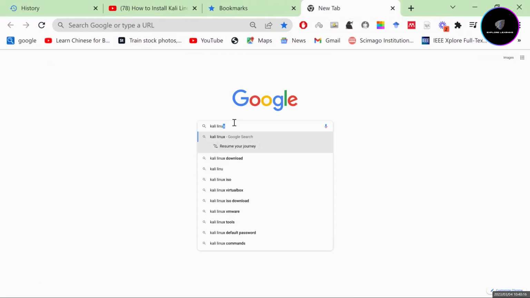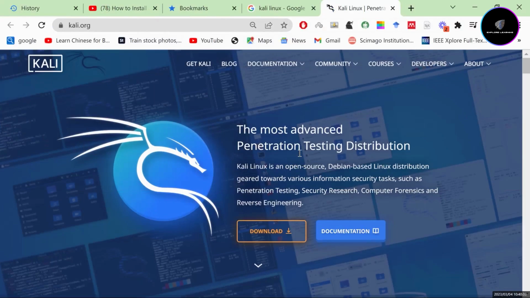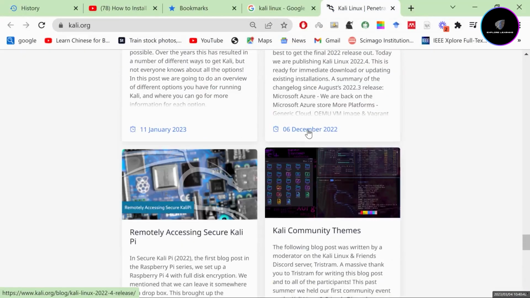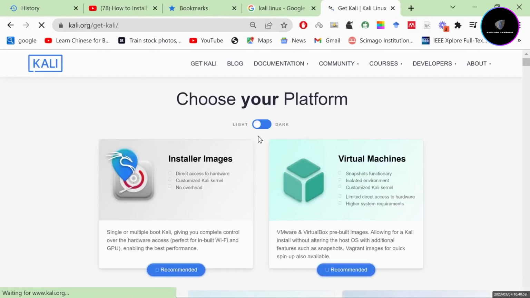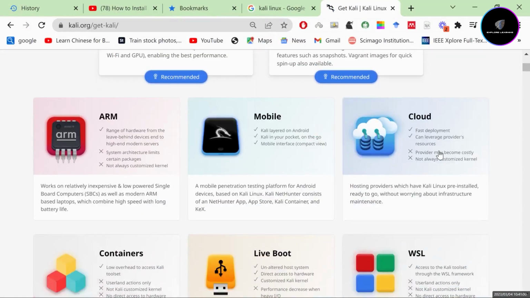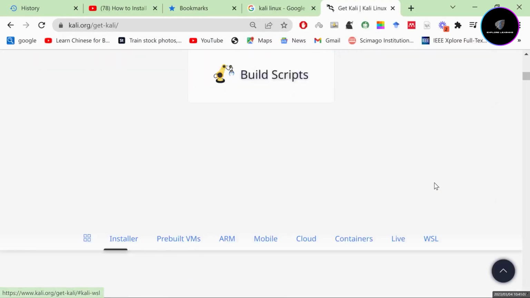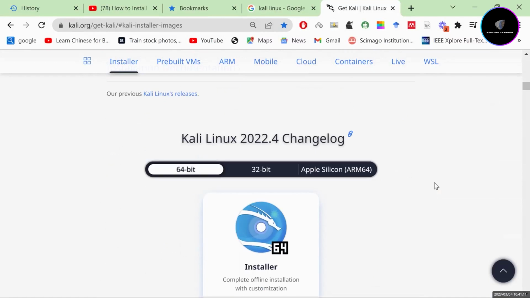So type Kali Linux on your Google and then it takes you straight to the link. Here we are on the official web page of Kali Linux. Go all the way down the page. Now click on the download icon. Once you do that, it takes you to the download page. You have a bunch of information on this page, but let me guide you through which specific package you need